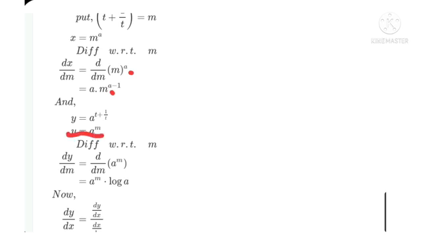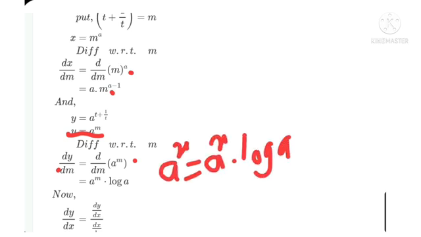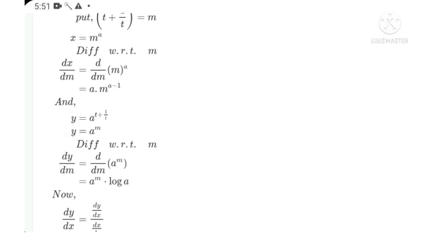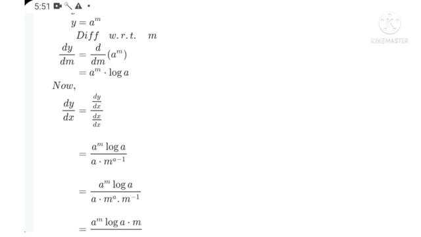Differentiate with respect to m: dy by dm is equal to d by dx of a raised to m. What is the derivative of a raised to x? A raised to x into log a. So a raised to m into log a. So we get dy by dx is equal to